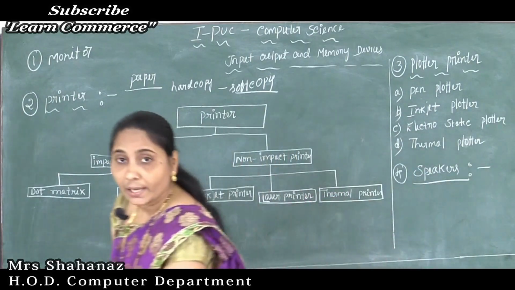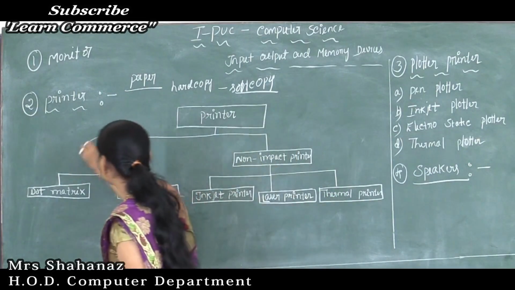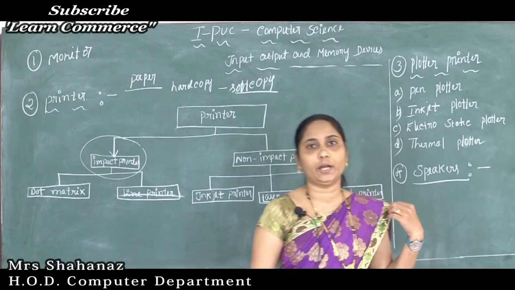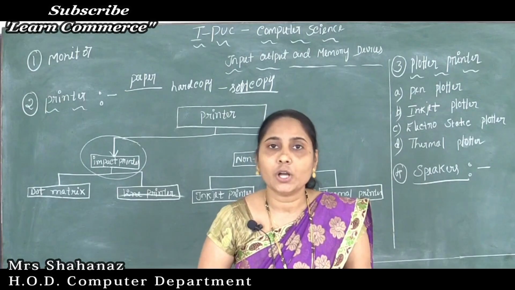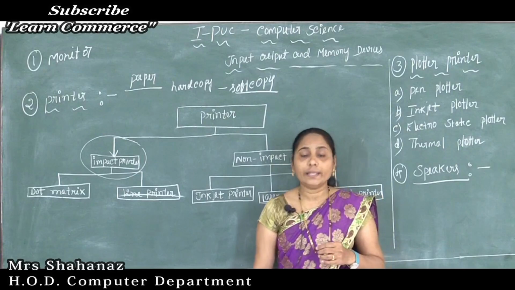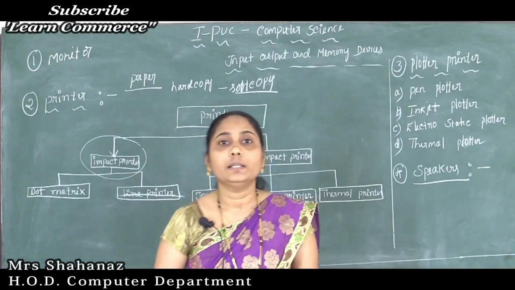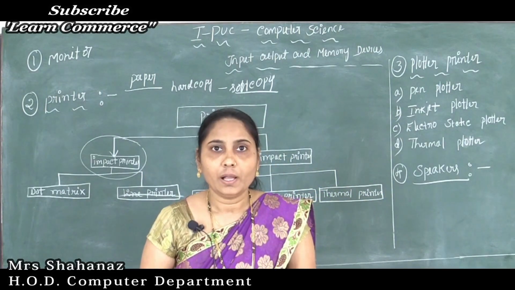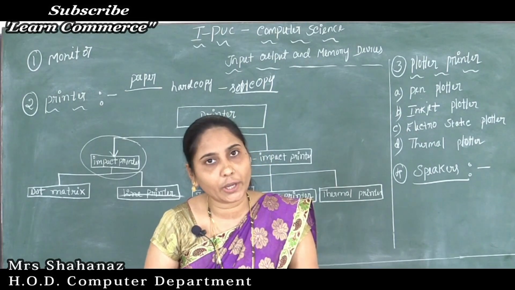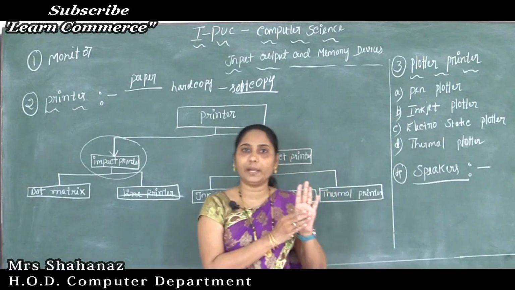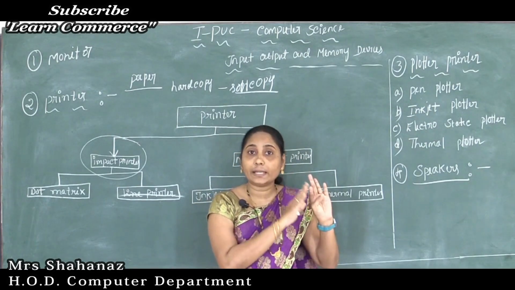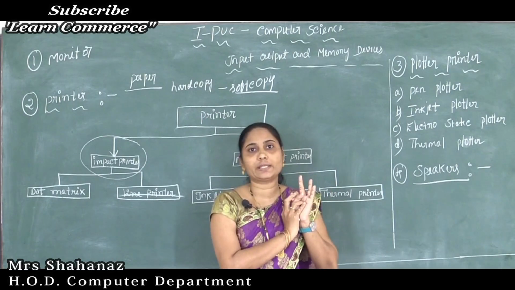Okay, now we are going to start with the first. I am selecting the first printer, that is the impact printer, before going to tell any types or everything. In the impact printer, we need the print head mechanism, and such print head mechanism has some pins. So one is the print head, second most important component is the ink ribbon, and third component is the paper.